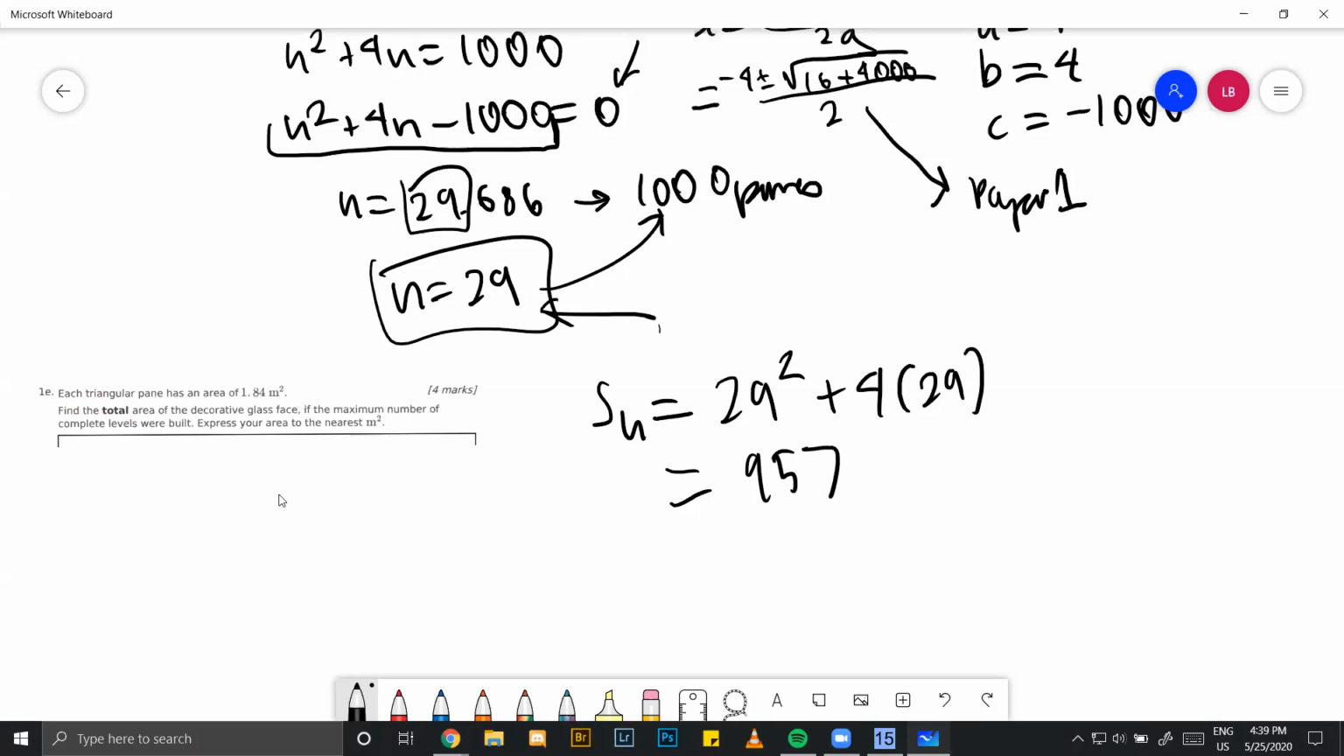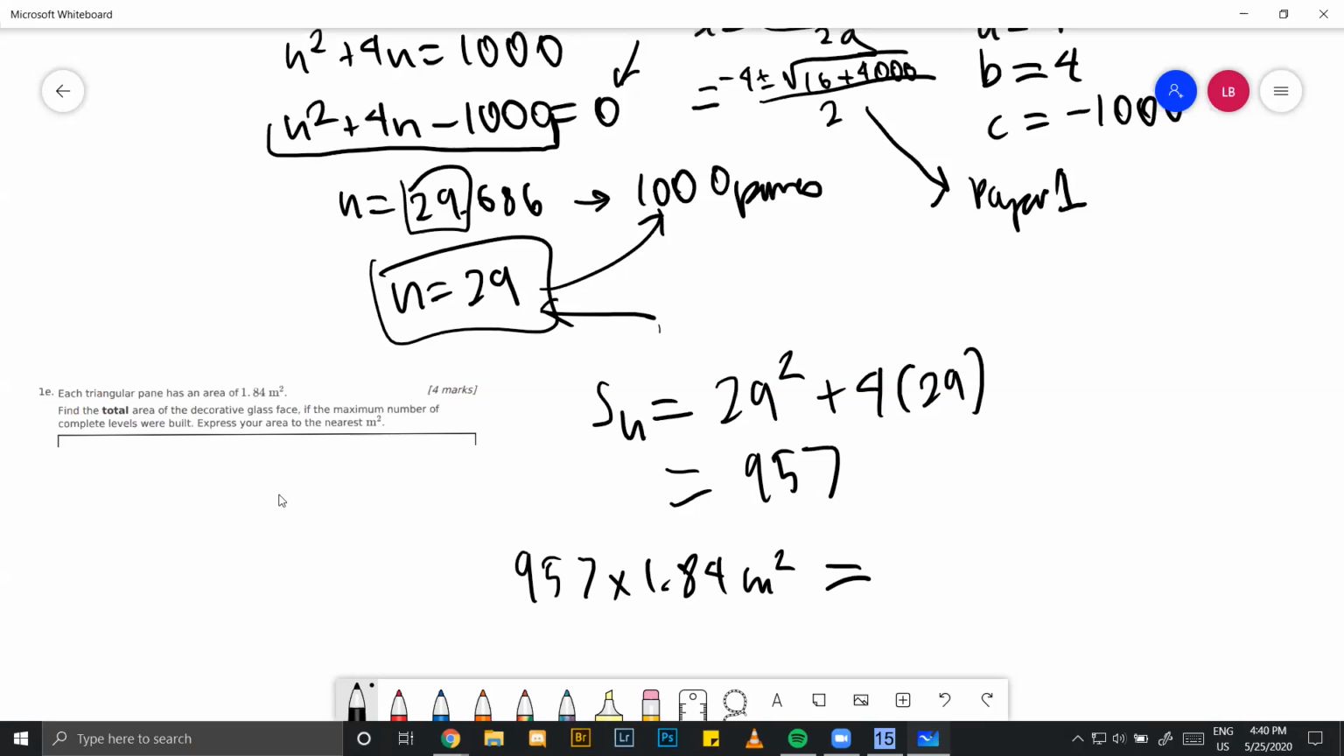That's 957. So you have 957 panes. That's less than 1,000 panes. So that's a good sign. That means that 957 looks like the max that you could possibly have under 1,000 panes. So find the total area. So you know each one has an area of 1.84 meters squared. So you do 957 times 1.84 meters squared to get